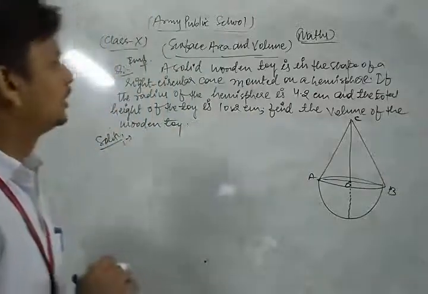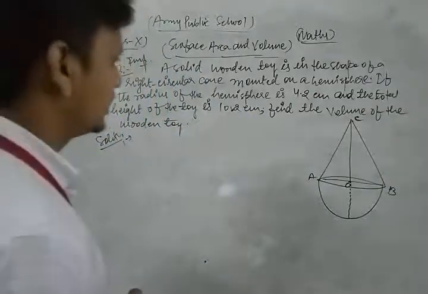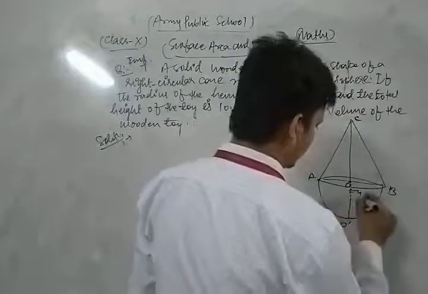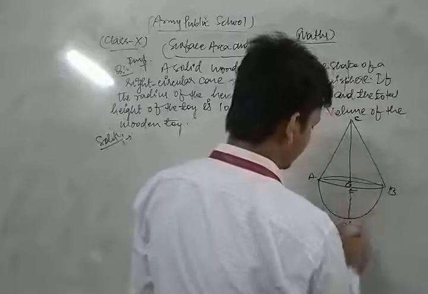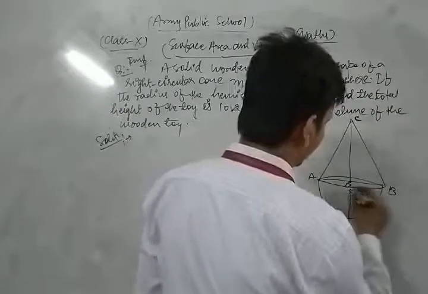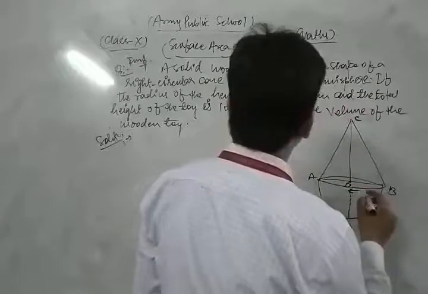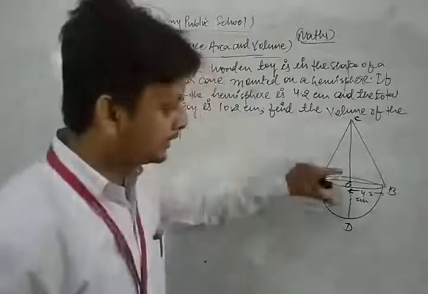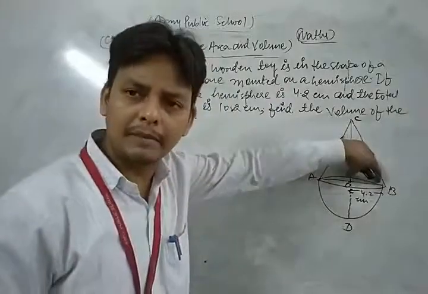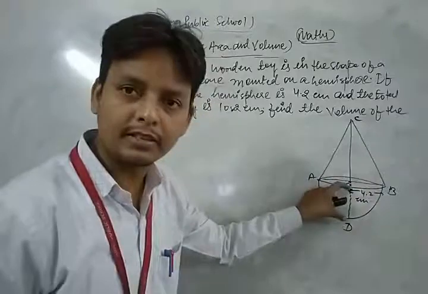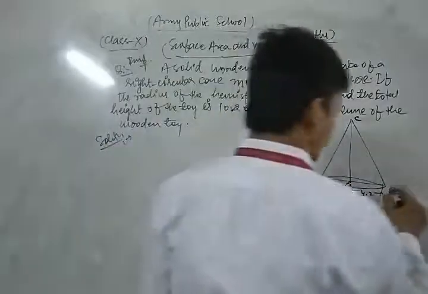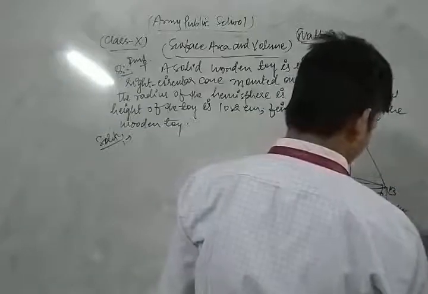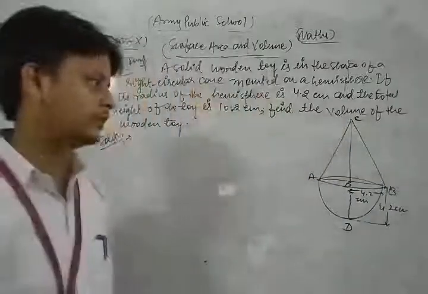Okay. Now look. If the radius of the hemisphere is 4.2, the radius of the hemisphere, this is O, let us say O dash, and A, B, C, let us say is D. The radius of the hemisphere is 4.2 centimeter. Yes friends, this distance, the radius of the hemisphere, is the same as the height of the hemisphere. So this is also 4.2 centimeter. Now clear?